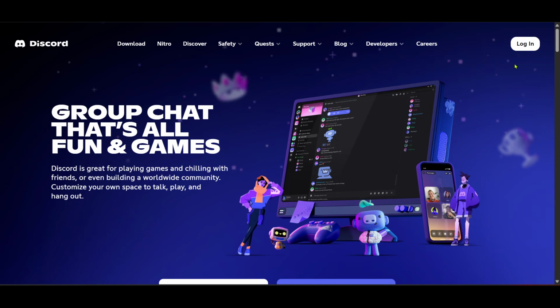We'll kick things off by opening your preferred web browser and navigating to the Discord website. The URL you need to type in is discord.com. Once there, you should see a welcoming interface prompting you to either create a new account or log in if you already have one. Since we're focusing on how to get started with voice and text chat, let's assume you're logging in. Click on the Login button, usually situated at the top right corner of the homepage.